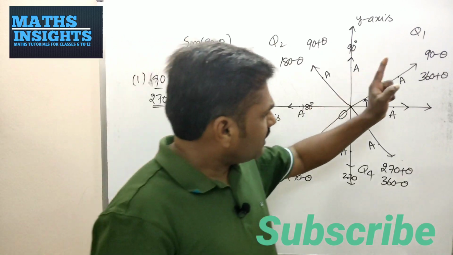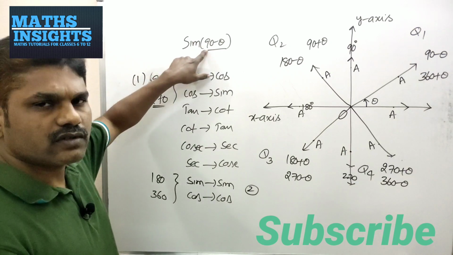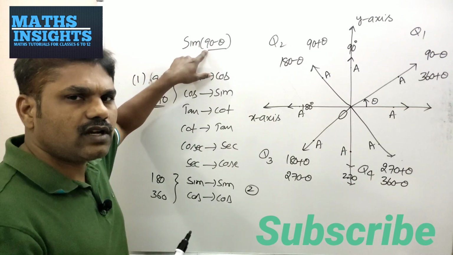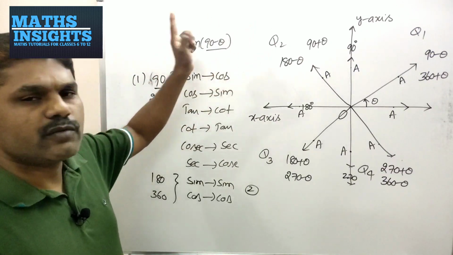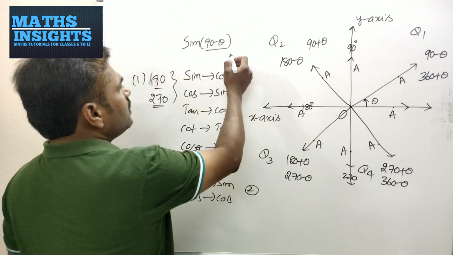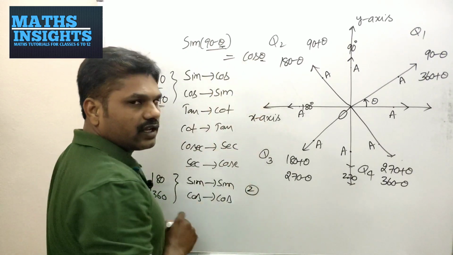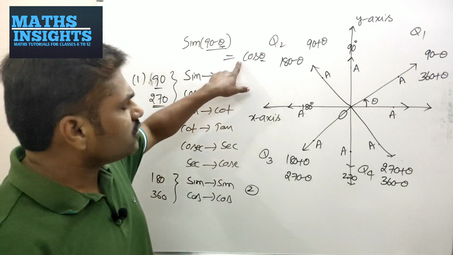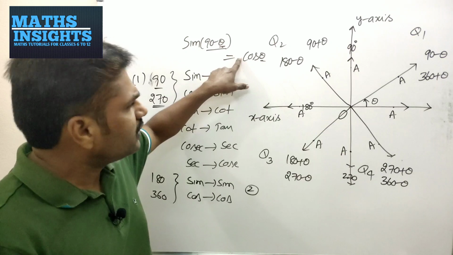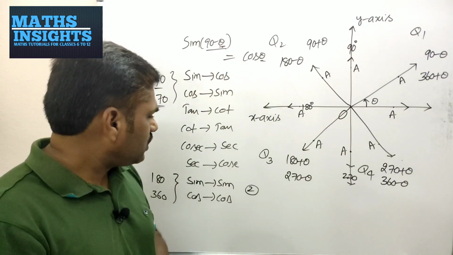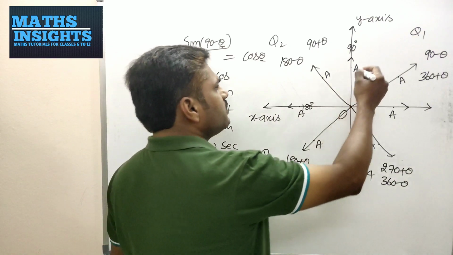If you observe, it is in the first quadrant, and I said that when 90 comes, whether it may be 90 plus theta or 90 minus theta, sin will become cos. Whatever comes here is cos theta, but you have to identify whether it is plus cos theta or minus cos theta. For that also you have to blindly keep one thing in mind, that is,